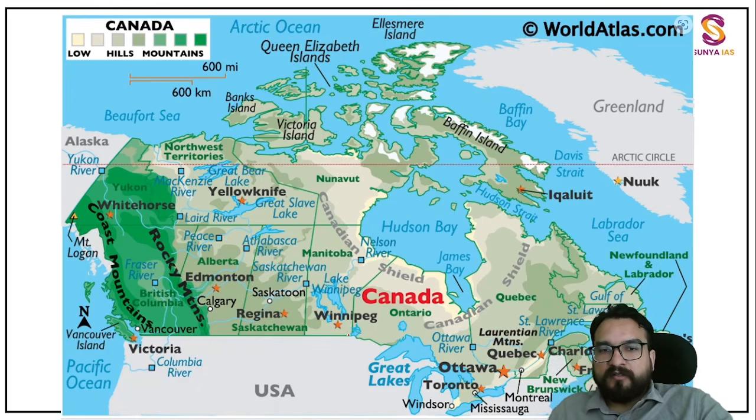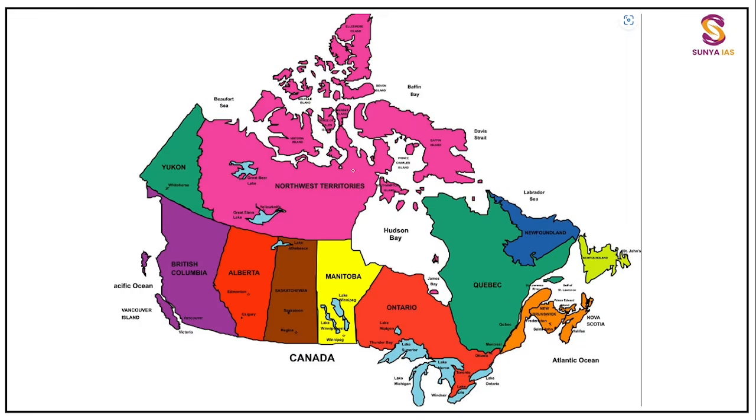Now let me again switch off my video so that you can see the places which are behind me. See the political map. This is the political map over here. The provinces, the states you must be seeing, Alberta over here, British Columbia. Now the things which you have to remember over here, let me tell you. First of all, we will clear it out, this ruckus over here.